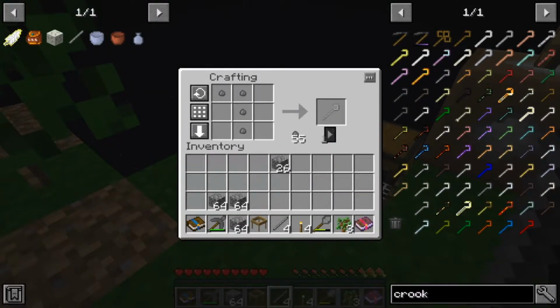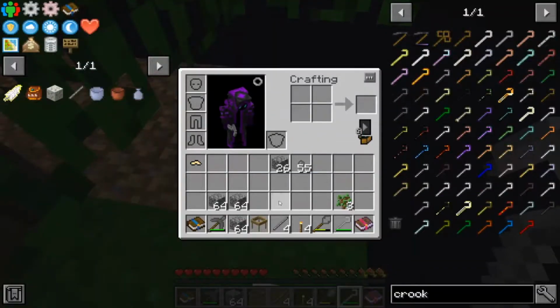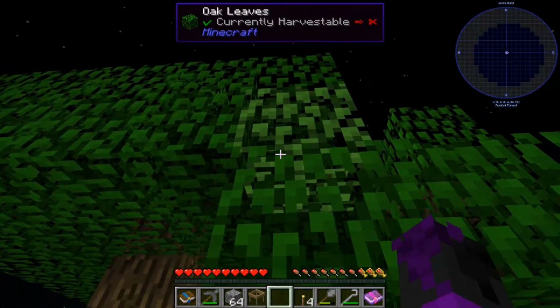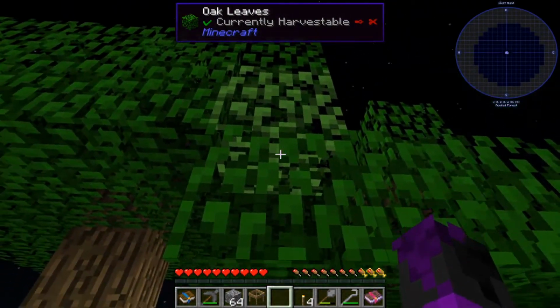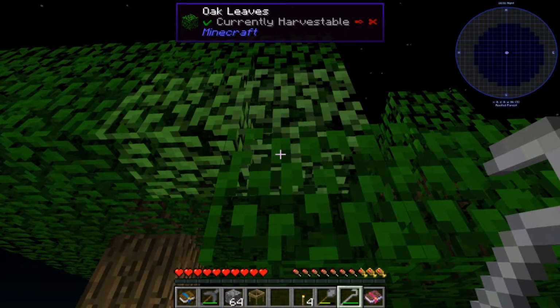I thought it uses the rods. That was my bad. With this, we can destroy leaves and we can get silkworm. That was actually perfect timing. And then we can do this, and it will spread throughout the trees. And then when we harvest it using a crook, they will give us string versus